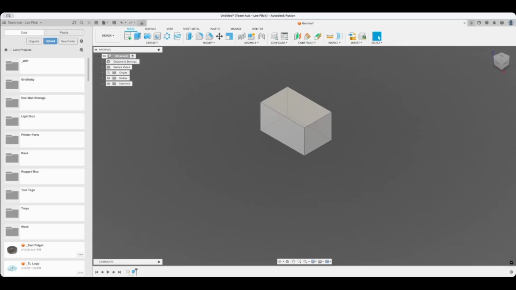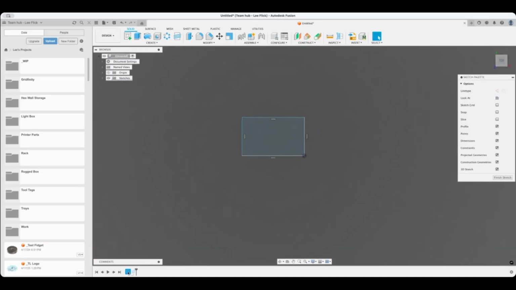So here's the power of Fusion. We have a cube. We didn't pick dimensions, we just made a cube. Across the bottom, remember that play button and then the forward and reverse buttons there? The first box is the sketch we created, that first sketch. If you double click that, it takes you back